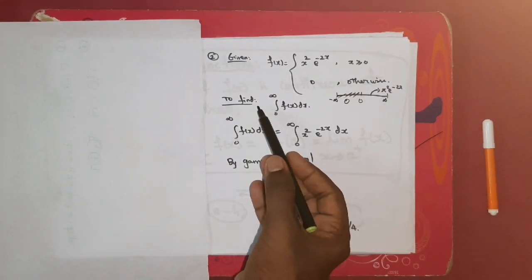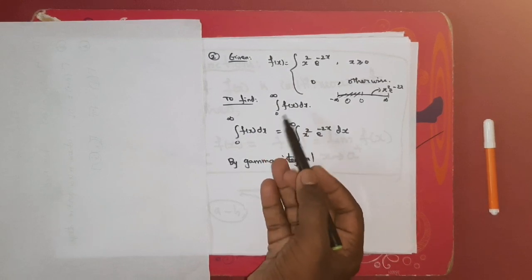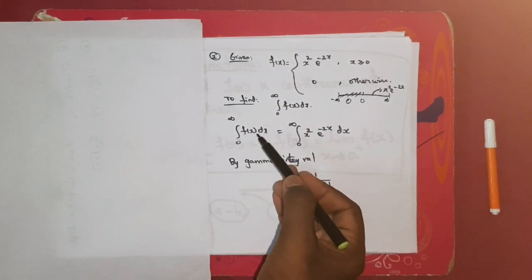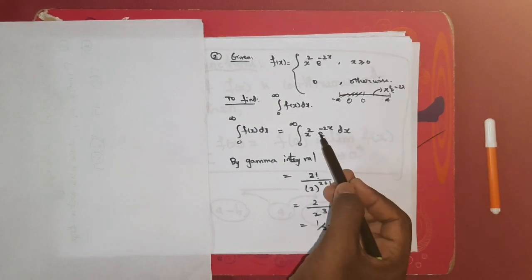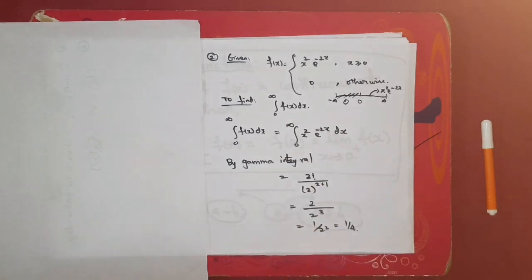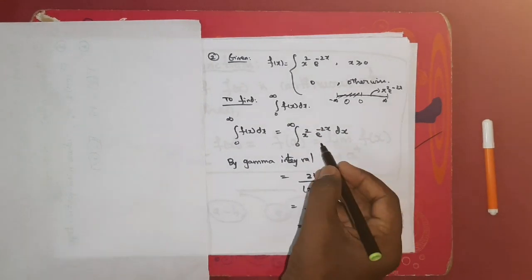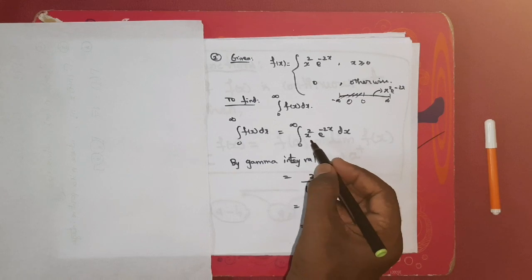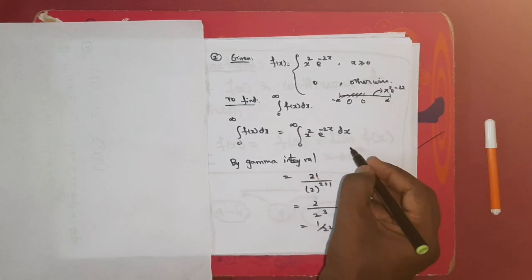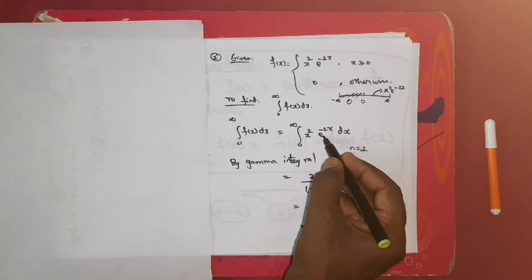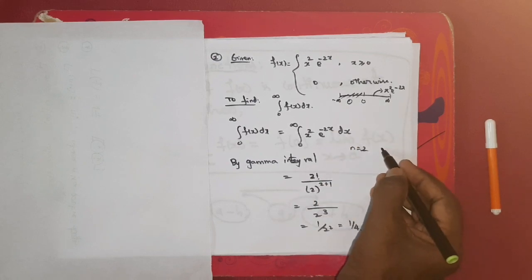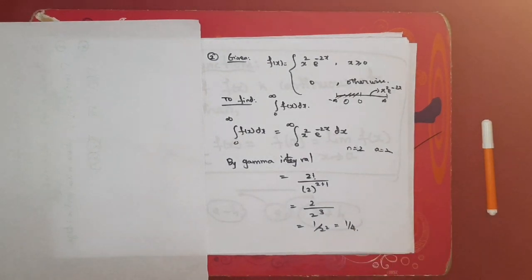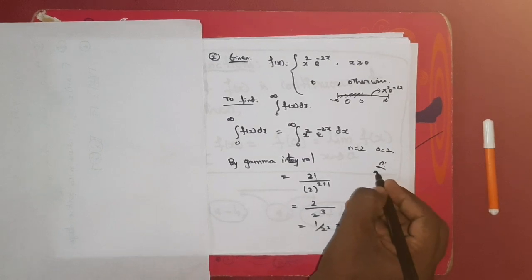Now you can see we have to find 0 to infinity f of x dx. What is f of x in 0 to infinity? x square into e power minus 2x. Now does it look like the gamma integral? Yes. So now compare this with the gamma integral formula. What is the gamma integral formula? 0 to infinity x power n. So in the n place we have 2, right? So e power minus ax. In the minus ax place we have minus 2x. So leave the minus and x also. So a is 2. Now what is the formula for the gamma integral? n factorial by a power n plus 1.